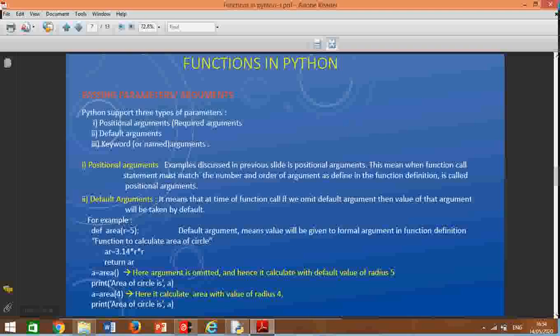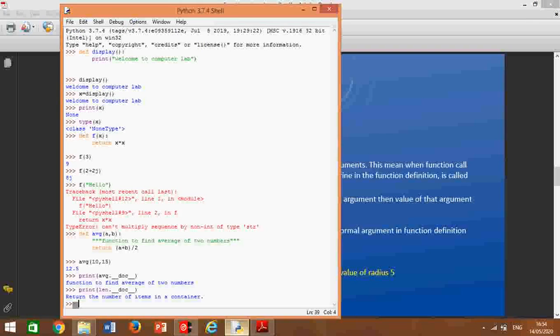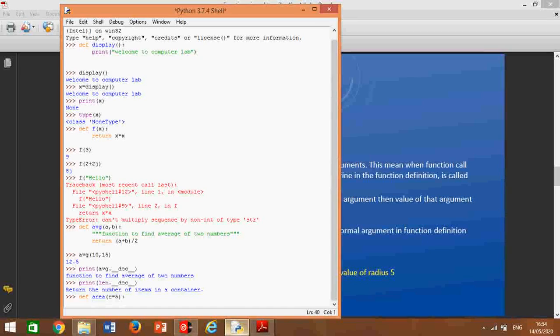Again we can check it on the editor, you can also type along with me: def area(r=5). This is a default argument, meaning at the time of the function header, you give the value to the variable in the arguments.